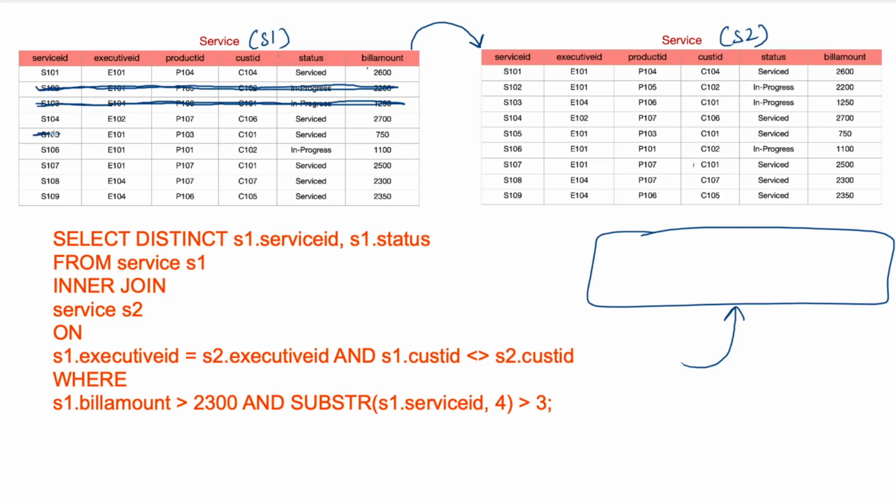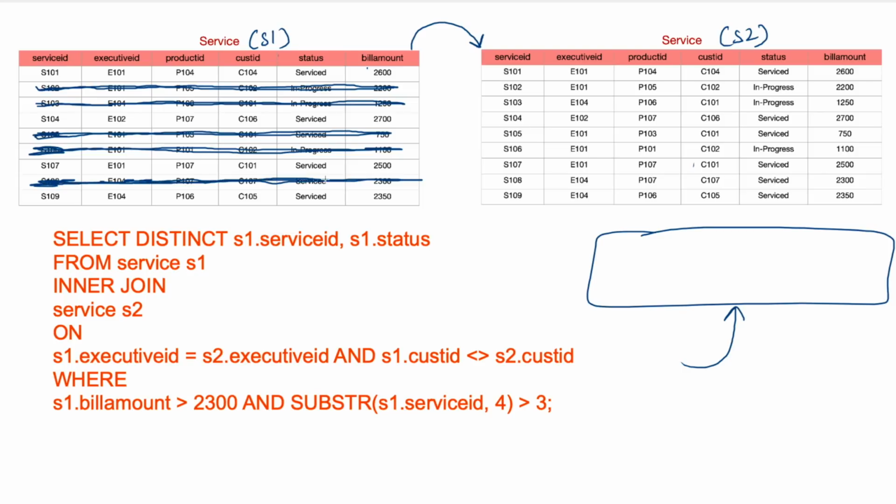Again, this is going to be removed because the bill amount is less than 23 and it should be greater than. Again this is going to be removed. So I am removing all those S1 attributes for which the bill amount is less than or equal to 23. It will also be removed because this is equal to 2300, not greater. Now I have only four documents I think, S101, S104, S107 and S109. Okay, but I have removed only those attributes which are not following this condition,